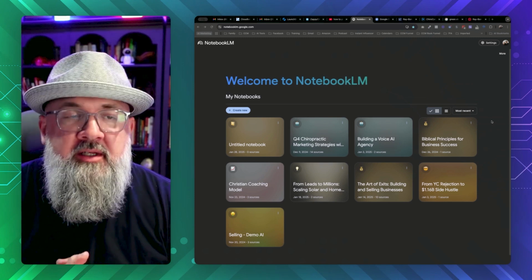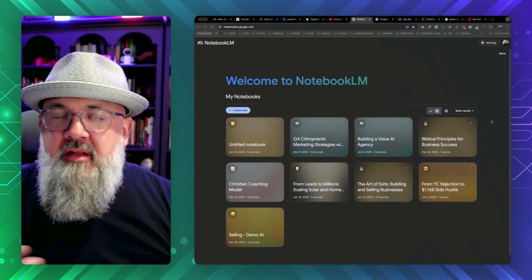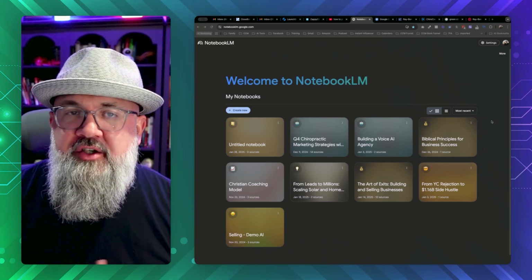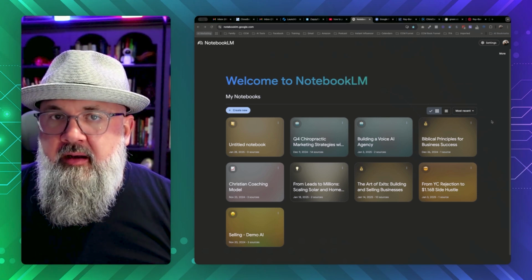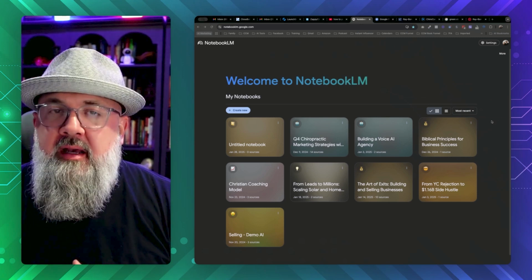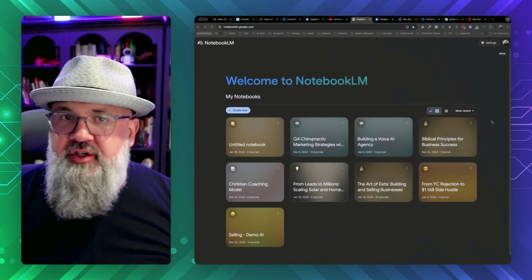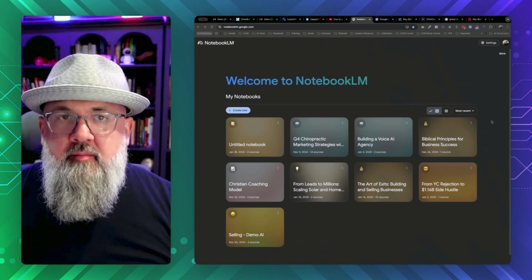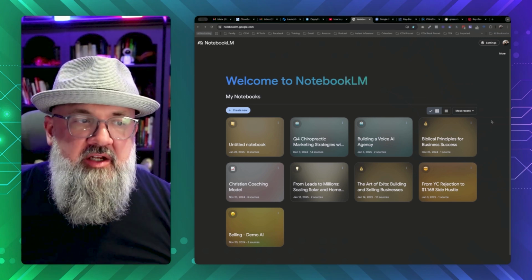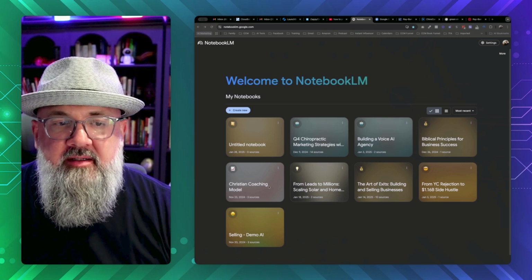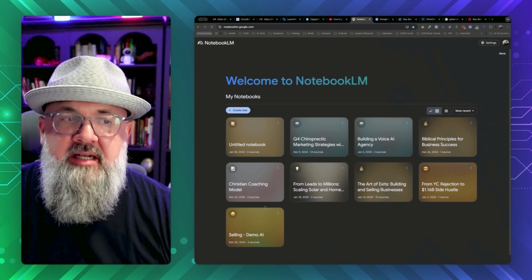You connect to it to any of your Google accounts. And to find it, if you're listening to the audio version of this, you can just look up, when you have a chance, Google NotebookLM, or you can go to notebooklm.google.com. You'll sign in with whatever Gmail account you want. I actually have multiple Gmail accounts, and so this just happens to be one of them. And you can see here these are actually all different notebooks that I have currently.